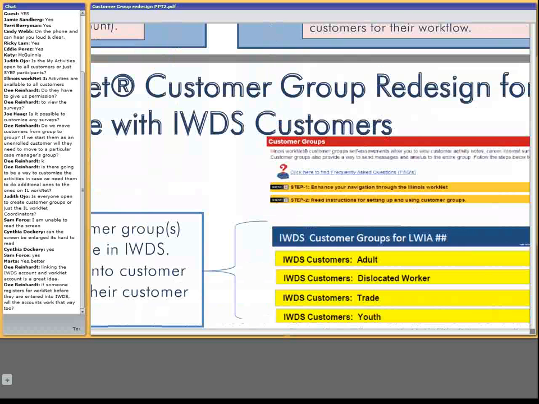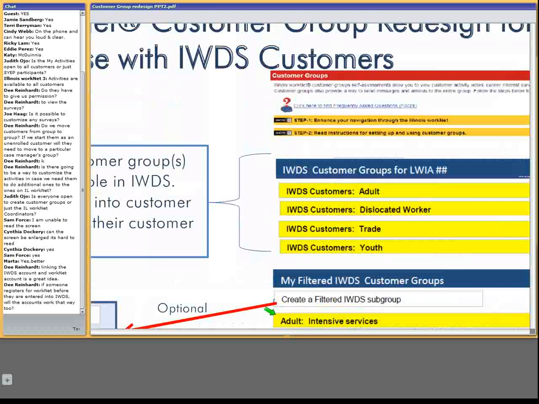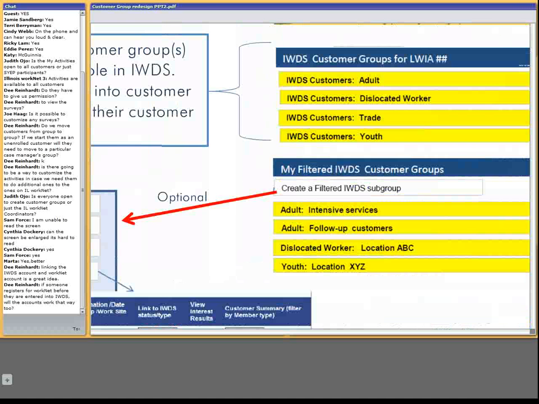So this is a screen capture or a mock-up of what it might look like, just as before, where we had our customer groups. This is our broad area, and these are the customer groups that are automatically created by IWDS. Then we would have another category where a case manager or workforce professional could create their own filtered groups. So if I had my dislocated workers and I wanted it for a specific location, I could name it,